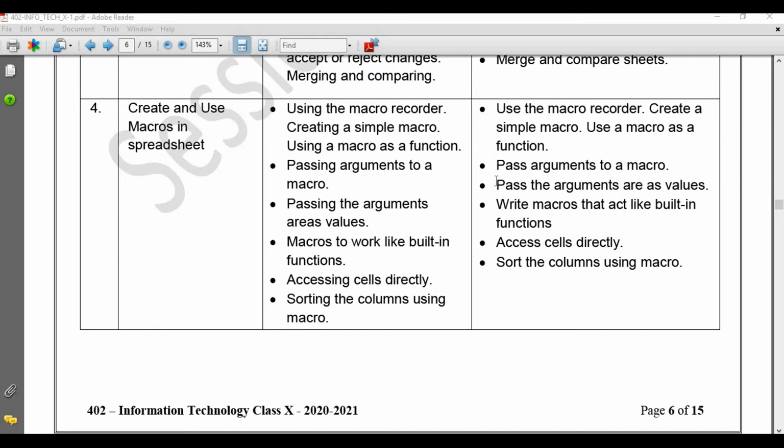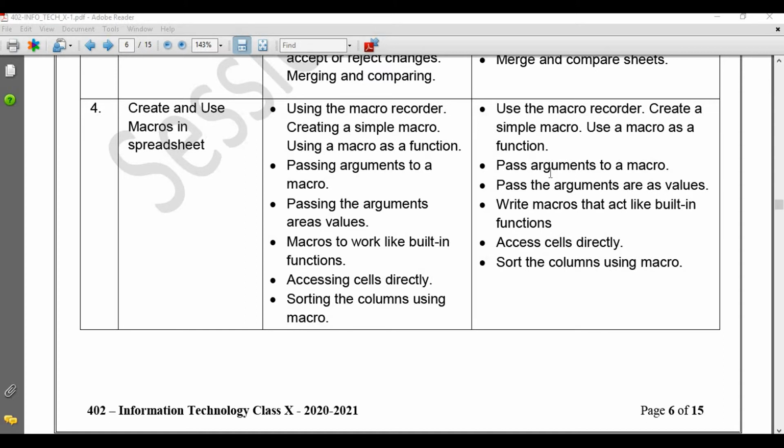In this video, we will continue with the second topic of this session: how we pass arguments to a macro. Next is how we pass arguments as values.